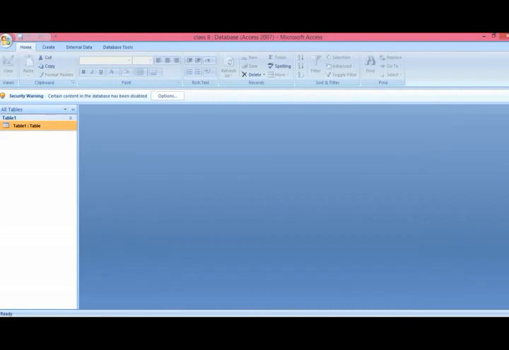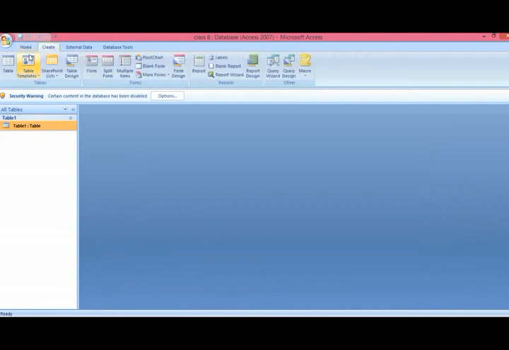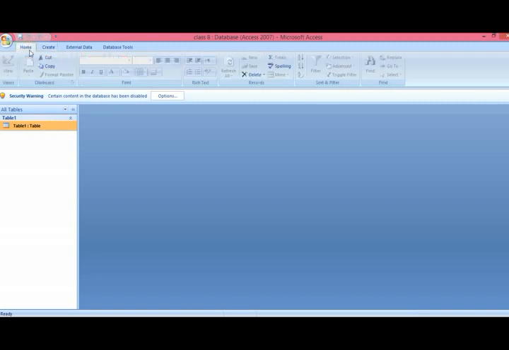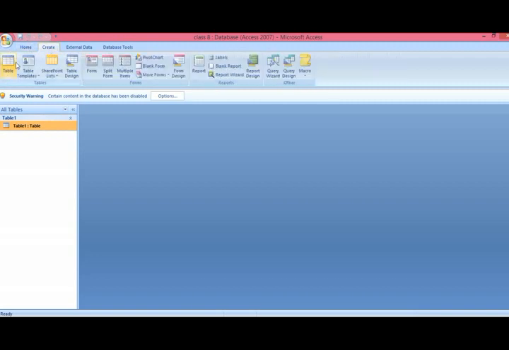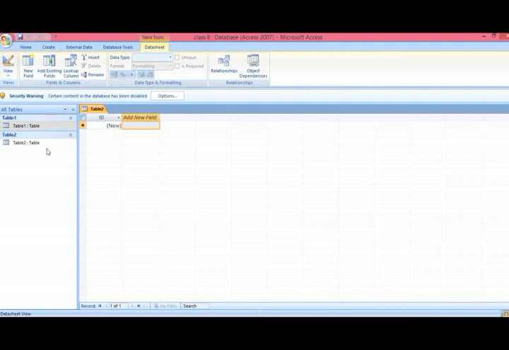See, this is our MS Access. We will create a data table. This is our data, and see, we will click on view. You can see two types of view.